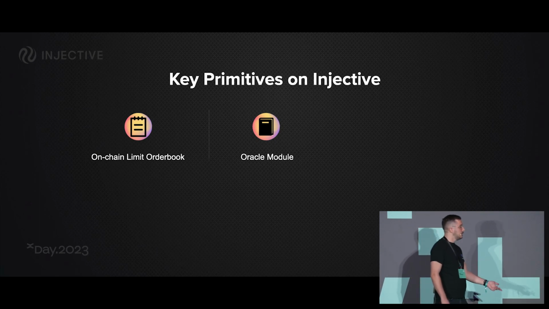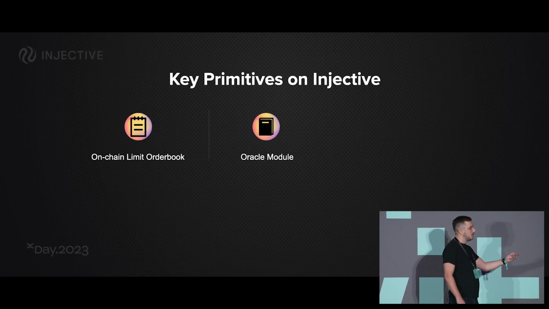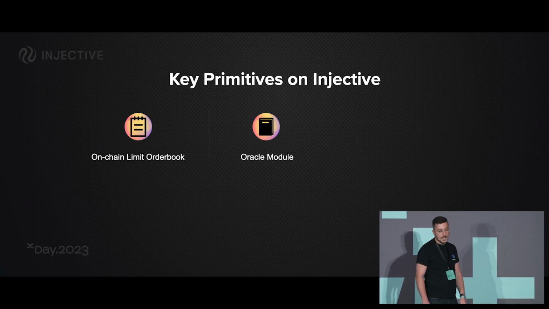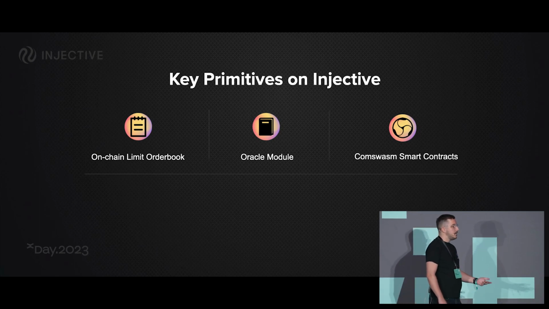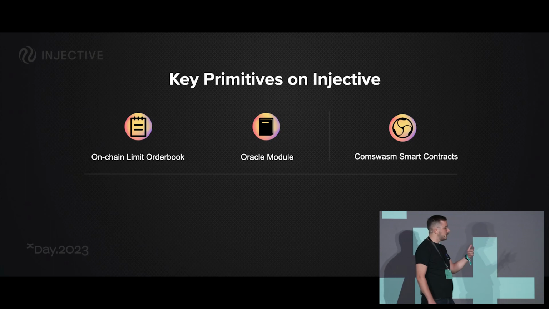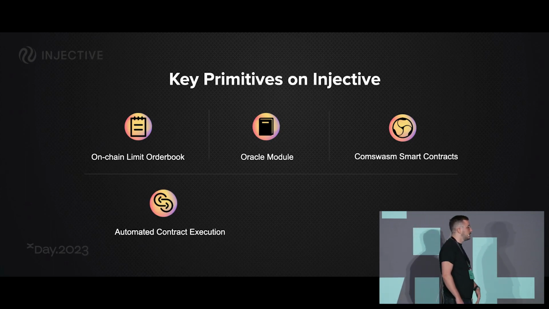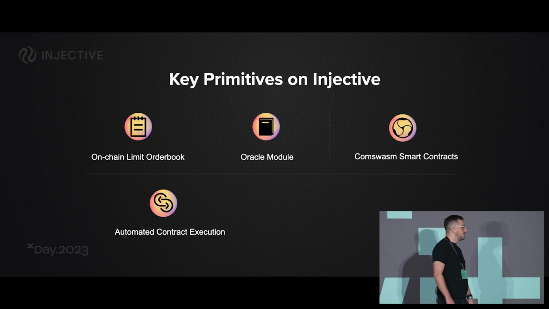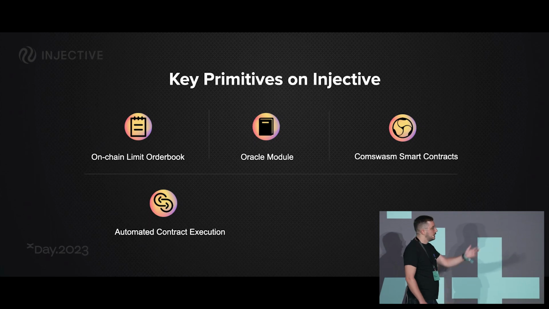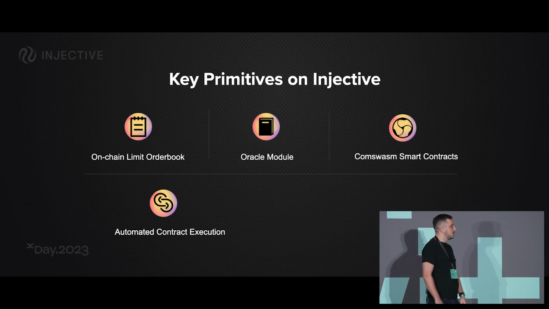Injective allows for smart contract development and execution through its own CosmWasm layer. What's unique about Injective is that it offers automated contract execution, which is a novel thing that we added to support any kind of novel development and new applications. What this automated contract execution allows, just like the name states, is to execute any contract function within each